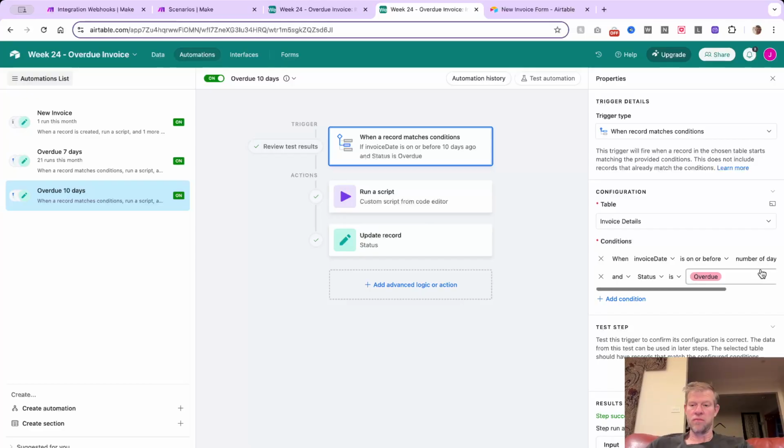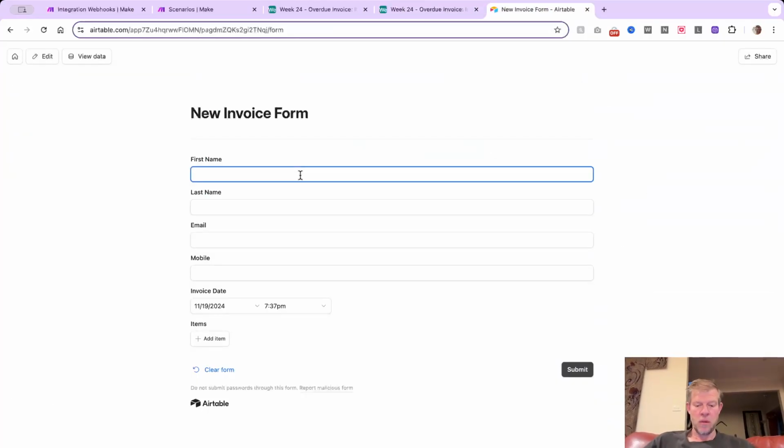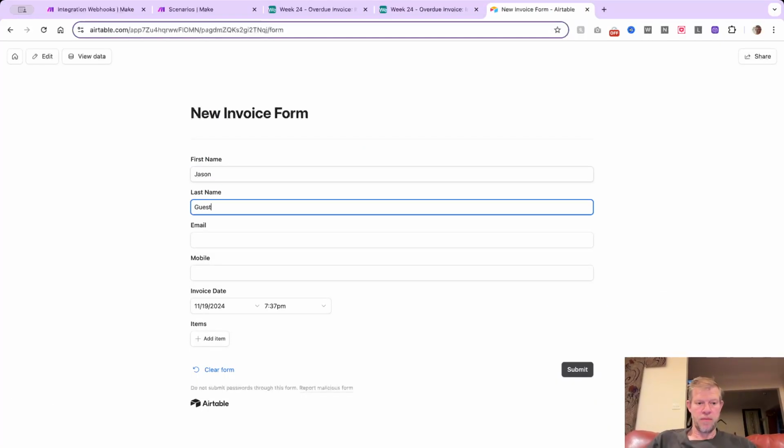And then again, I got another trigger for when it's 10 days overdue. It's looking for 10 days ago. It will send a webhook to the make.com scenarios, which will then send an email. So I have a form here as well. So let's just quickly